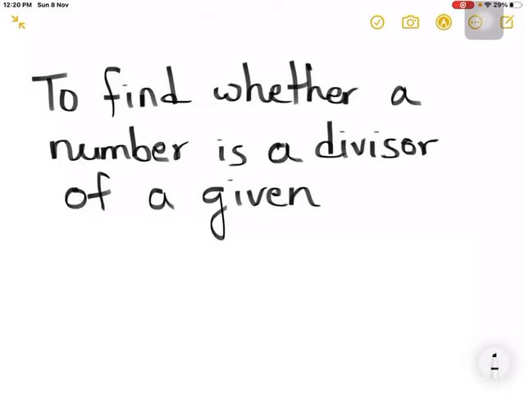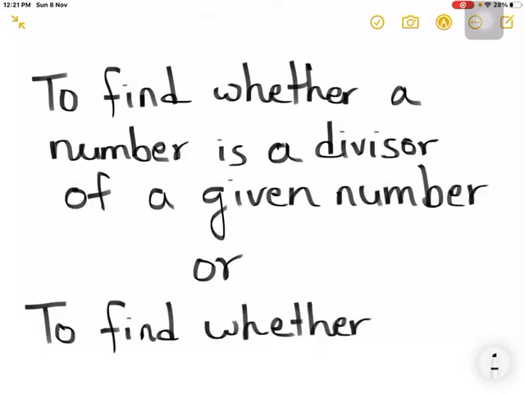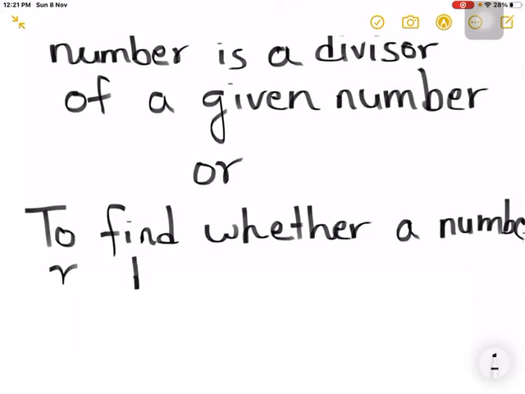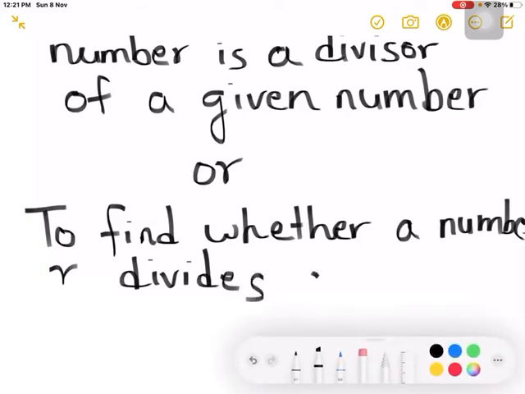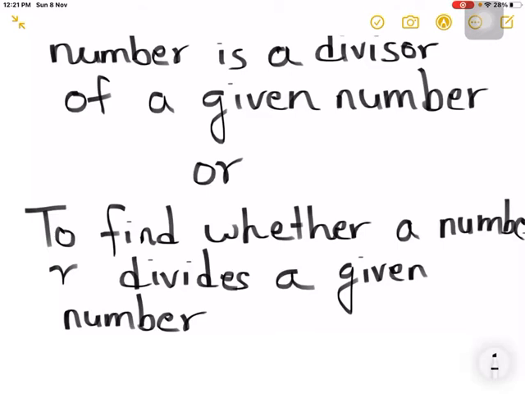To find whether a number is a divisor of a given number, or to find whether a number divides a given number without leaving remainder,